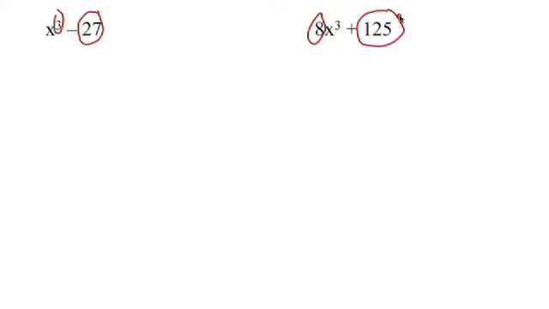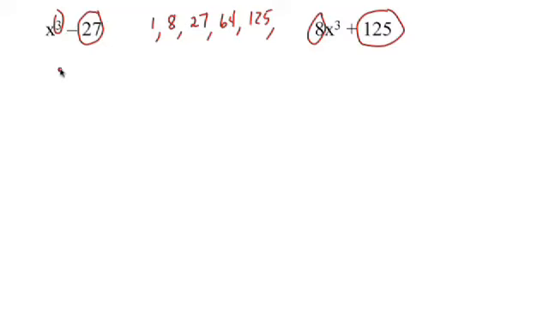Now, later on in this course, we're going to do a hot topic on radicals and perfect cubes, but let me go ahead and write out some perfect cubes here. 1 is a perfect cube, 8 is a perfect cube, 27, 64, 125, and typically we don't go beyond that. But when you see these numbers, obviously a couple of these numbers, the 1 and the 64, are also perfect squares. So that's when you look at the power on the x to go, it's a perfect cube I'm looking for, not a perfect square.